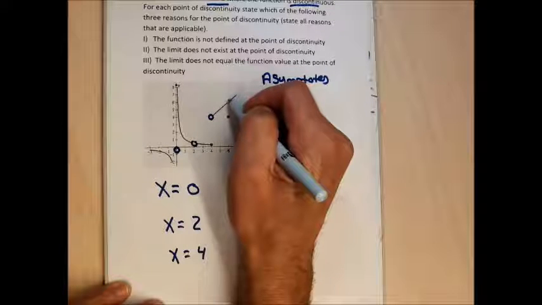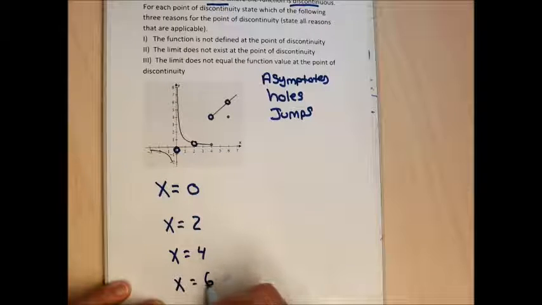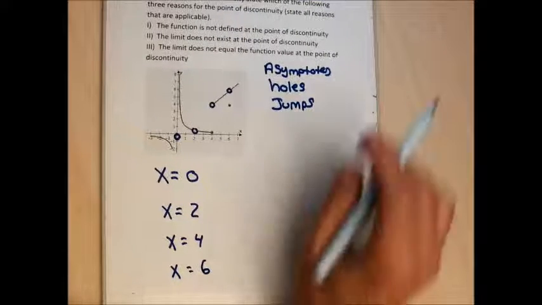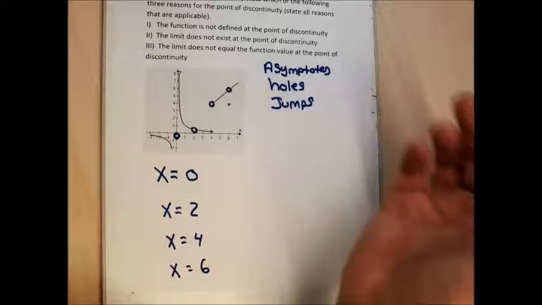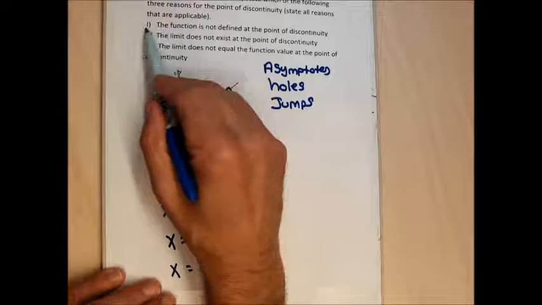And the last place where it's not continuous is at x equal to 6. So there's 4 places where this graph either has an asymptote, a hole, or a jump, or maybe a combination. There's 4 values of x where it's not continuous. Now I need for each of those values to state a reason why it's not continuous. Let me try to see each one of these,